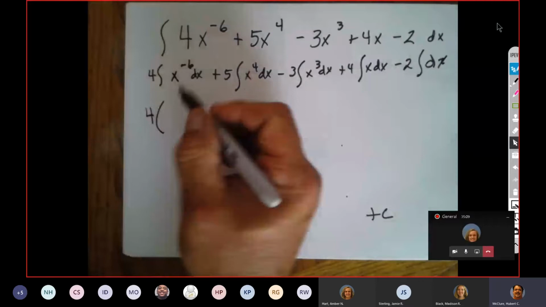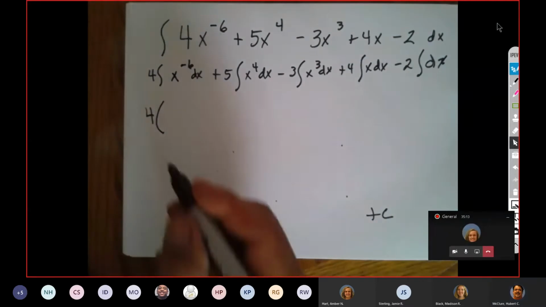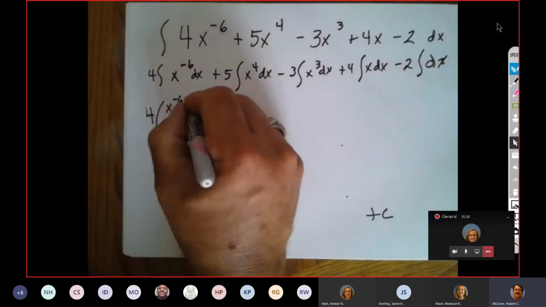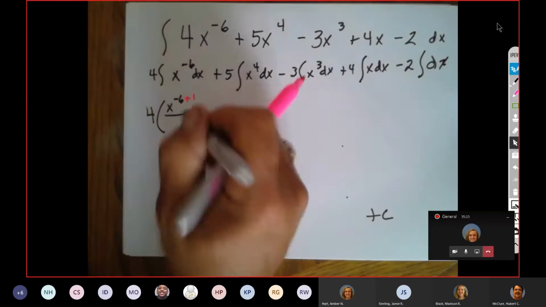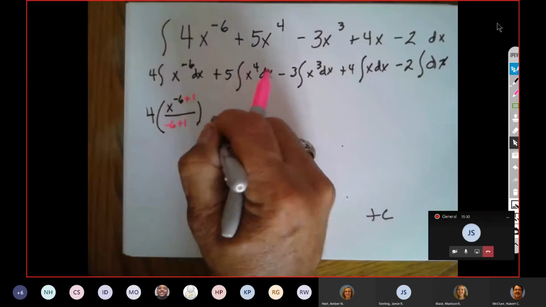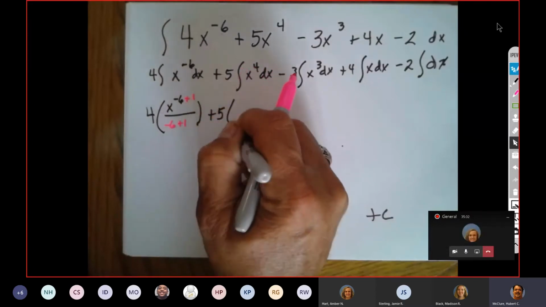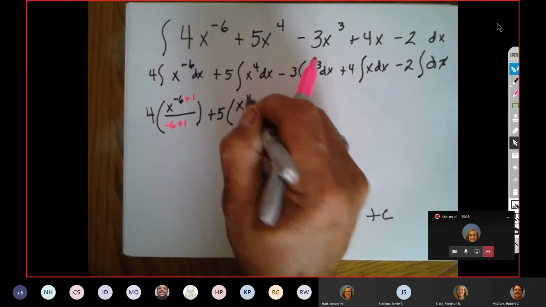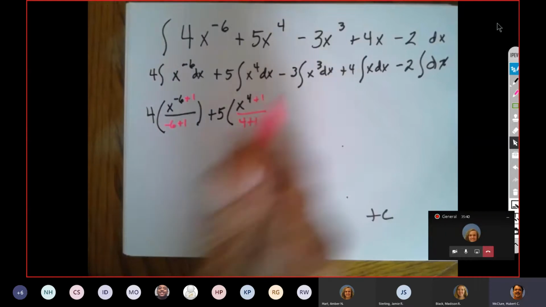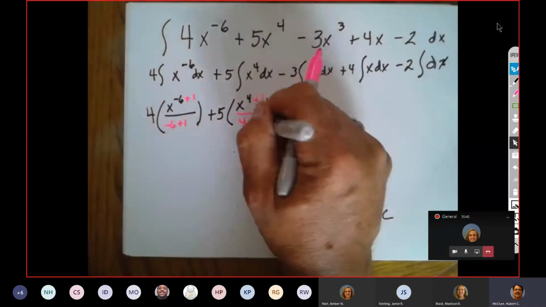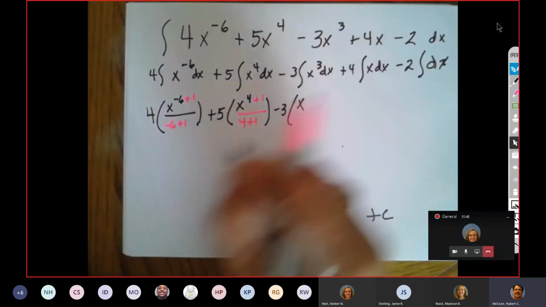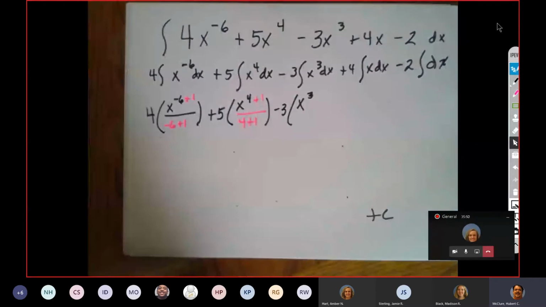And I'm going to do everything in pink. x to the negative 6 plus 1 over negative 6 plus 1, plus 5 parentheses x to the fourth plus 1 over 4 plus 1, minus 3 parentheses x to the third plus 1 over 3 plus 1,